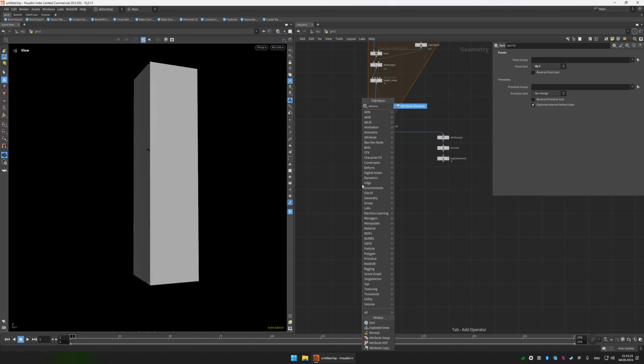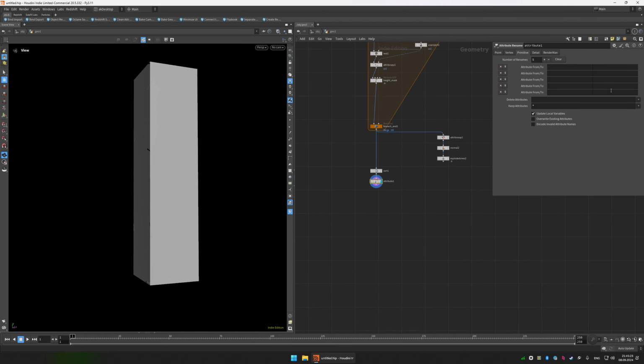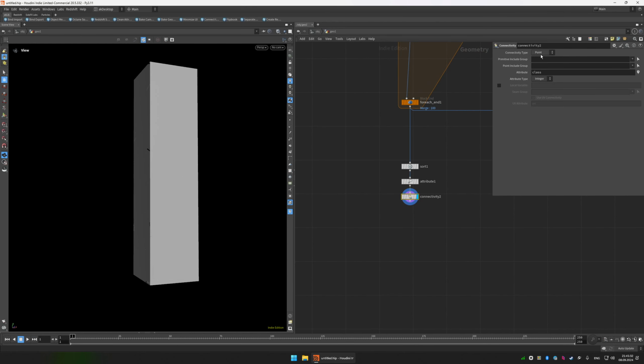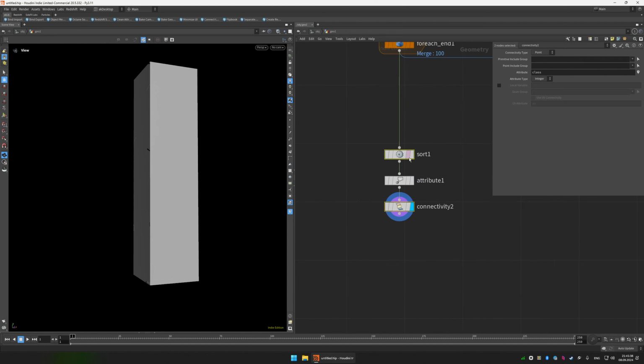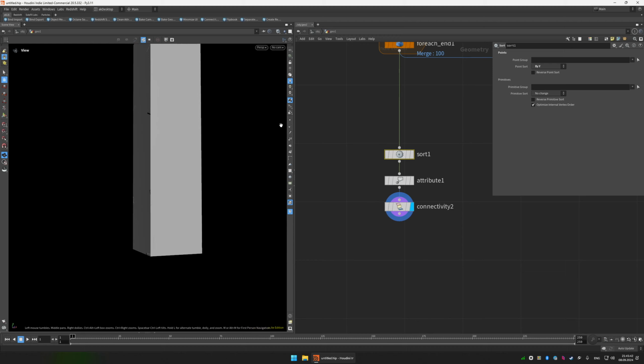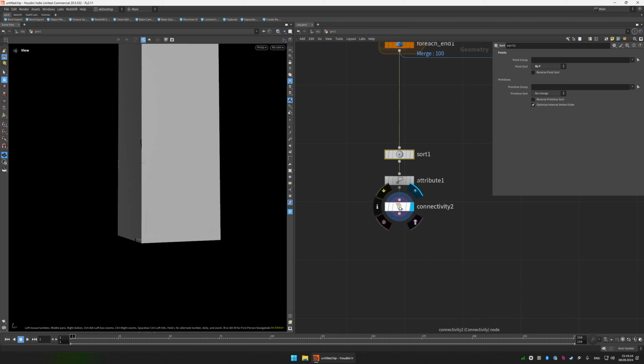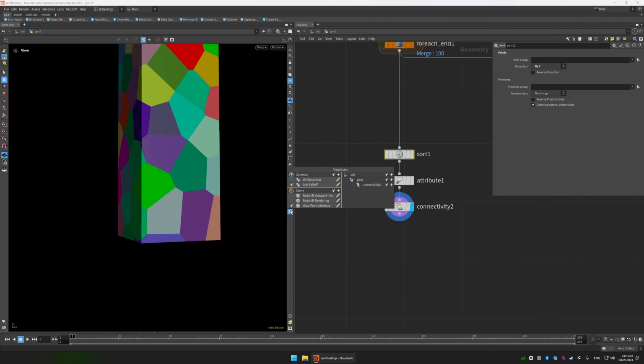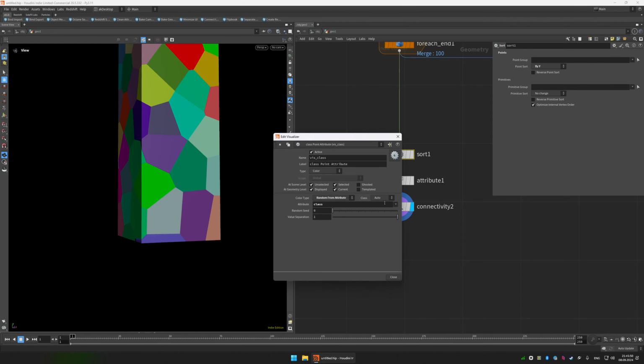And then let's attribute delete our class. We don't need this anymore. And then let's create a new attribute, but this time on the points, and this also class. And those two nodes are connected because we're going to sort them by Y. So basically, if you visualize this like this, class, and then if you set this to the